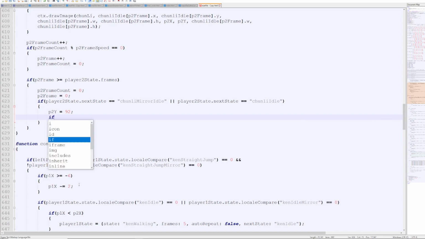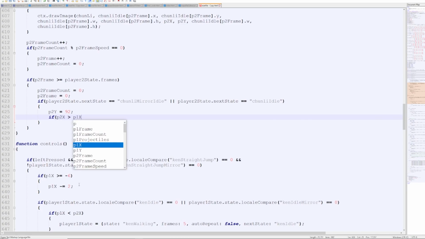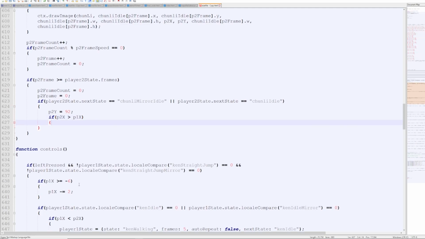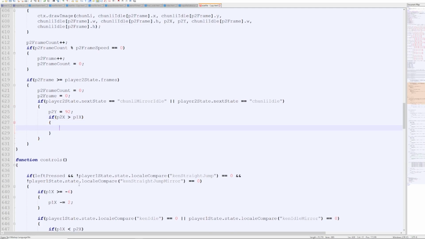And we're going to say if P2x is greater than P1x, then player 2 state is equal to this new object. And we're going to say state Chun Li mirror